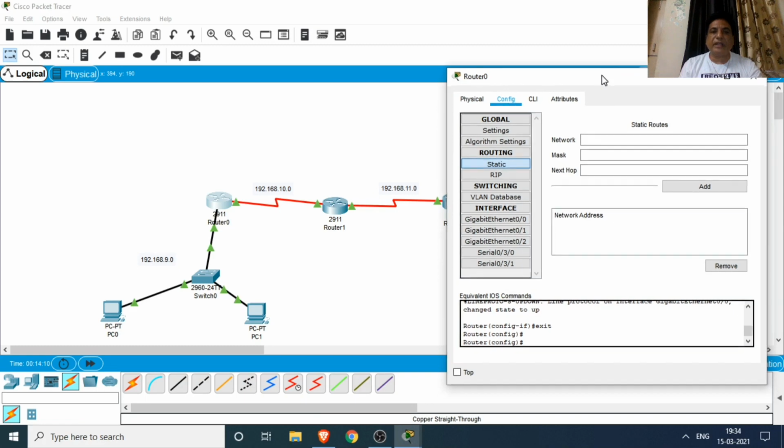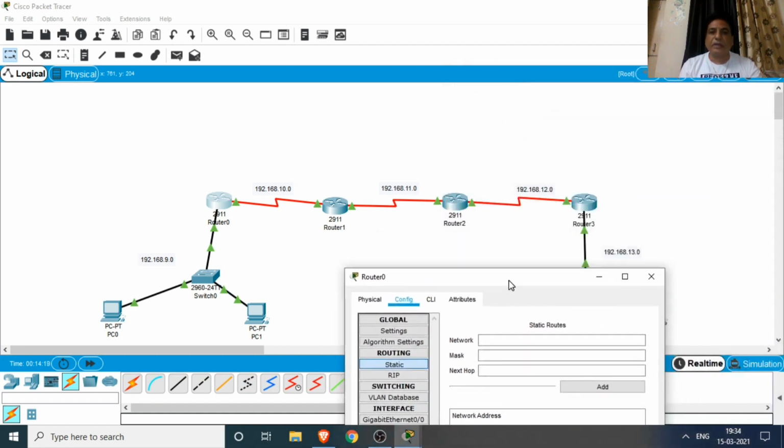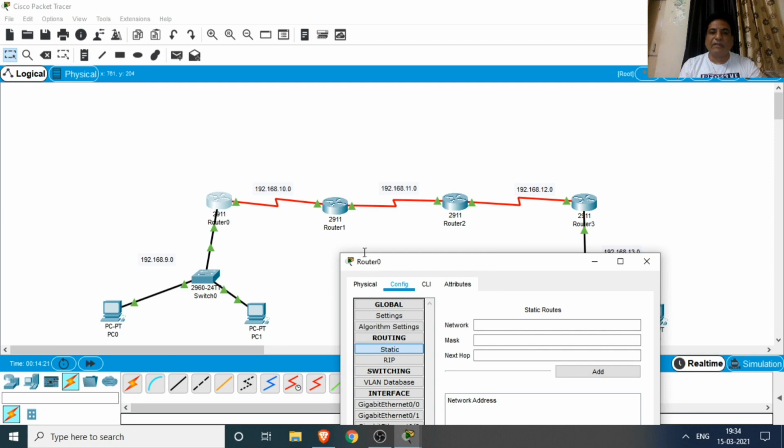Now we can add the routes for the other networks. From router 0, if we want to go to the networks 11.0, 12.0 and 13.0, then our exit point is 10.2.